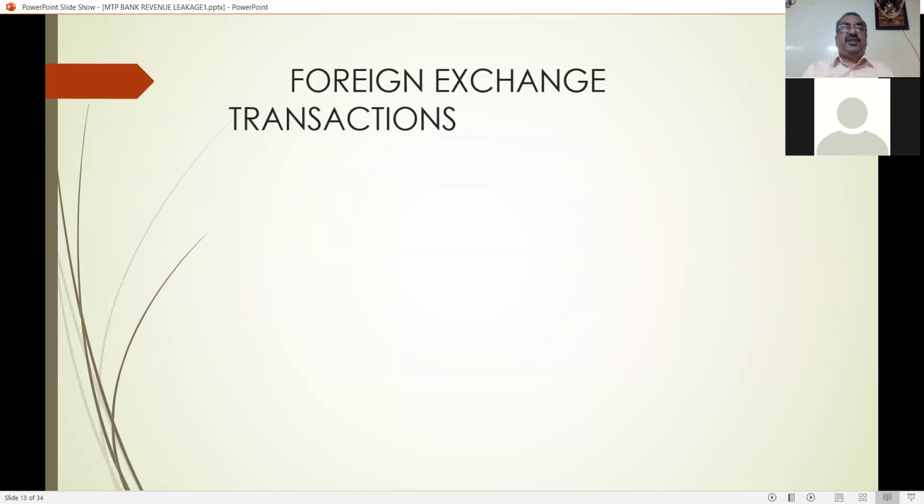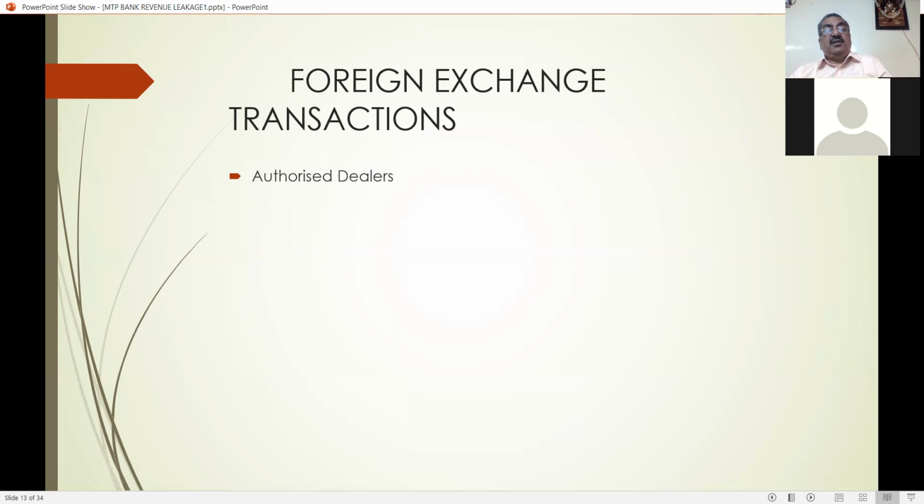Next one is foreign exchange transactions. Here, I want to tell about FEMA. The FEMA Act, Foreign Exchange Management Act, is passed by the central government. In FEMA, they authorize the RBI to look after the foreign exchange transactions. The RBI cannot do the foreign exchange transactions directly. It has to be monitored only by the